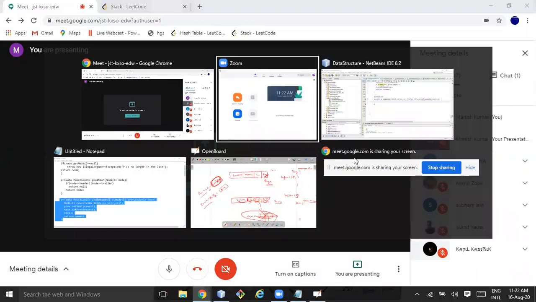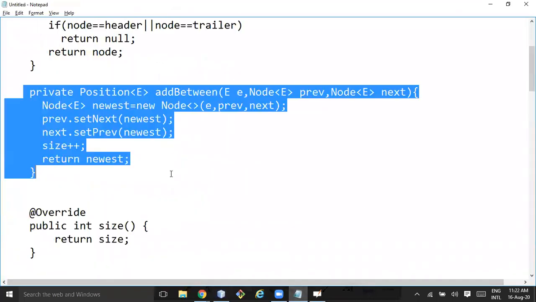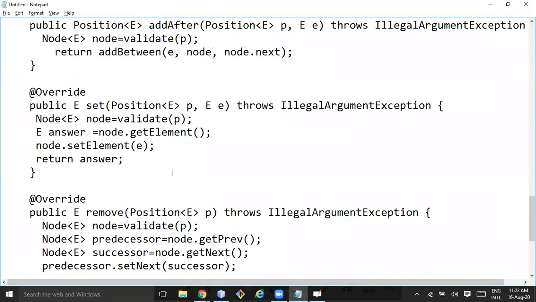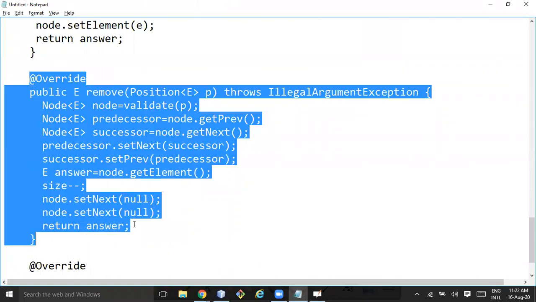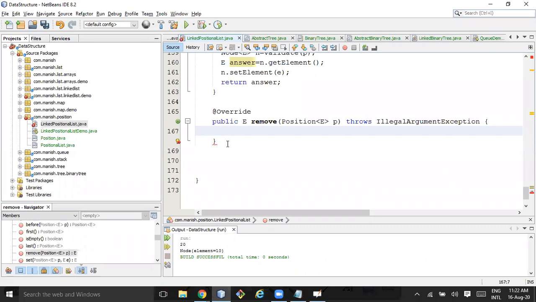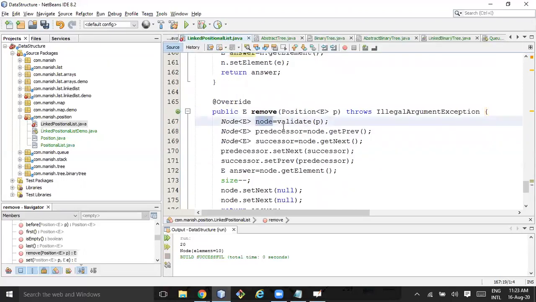Okay, so I'll copy this remove method. It's very simple, nothing much, but it is interesting. I'll first validate because I need to delete something. I validate, I got the node.